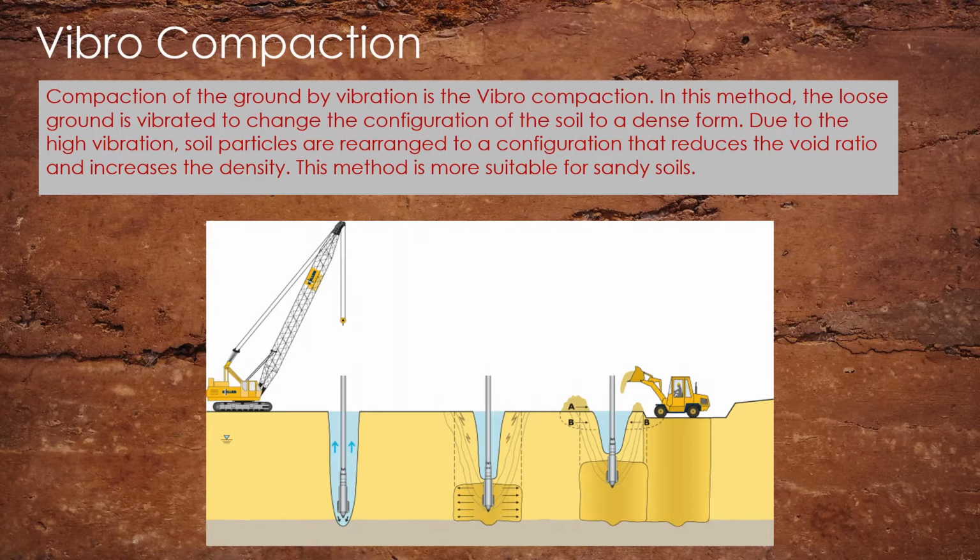Vibro compaction. Compaction of the ground by vibration is called vibro compaction. In this method, the loose ground is vibrated to change the configuration of the soil to get the dense form. Due to the high vibration, soil particles are rearranged to a configuration that reduces the void ratio and increases the